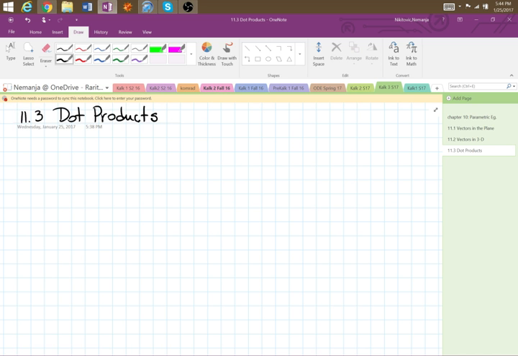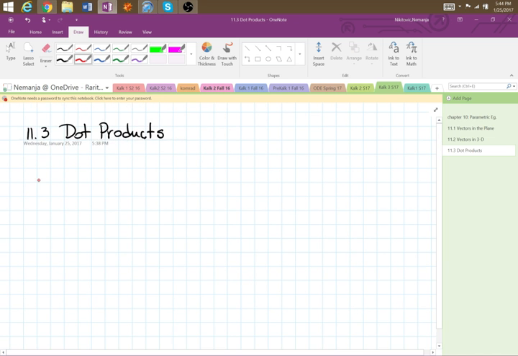So we will start with the dot product. The book talks about two different forms of the dot product. One that utilizes components and the other one that utilizes magnitude and the angle between them. I will start with the dot product that is represented by multiplication and addition of the components. So the theorem for the dot product